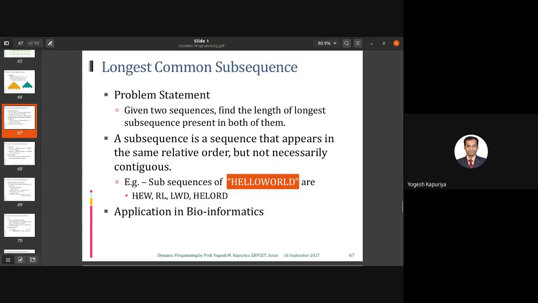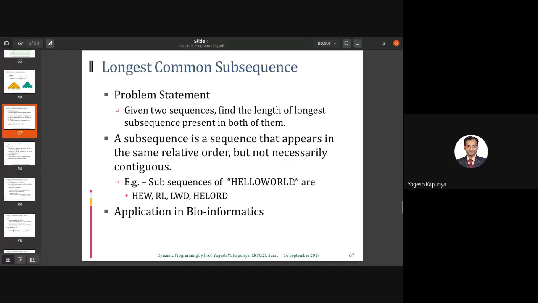Similarly, you can find other examples of subsequences of this string: HEW, because you have H, E, and W somewhere. Then you have RL, because you have R and L. So subsequence means the letters are already there, not necessarily in a contiguous way, but obviously the order has to be maintained.